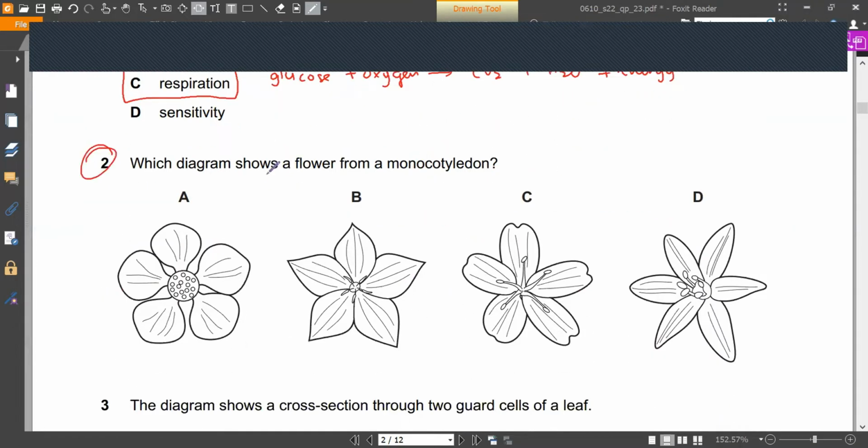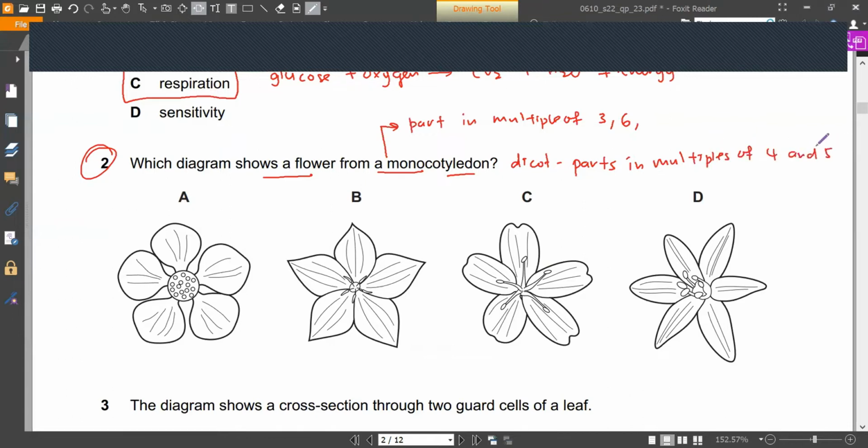So question 2, which diagram shows a flower from a monocotyledon plant? If you refer to the notes, we will find that monocotyledon is the one where the flower petals are in multiples of 3, like 3, 6, and so on. If we have dicotyledon, the petals will be in multiples of